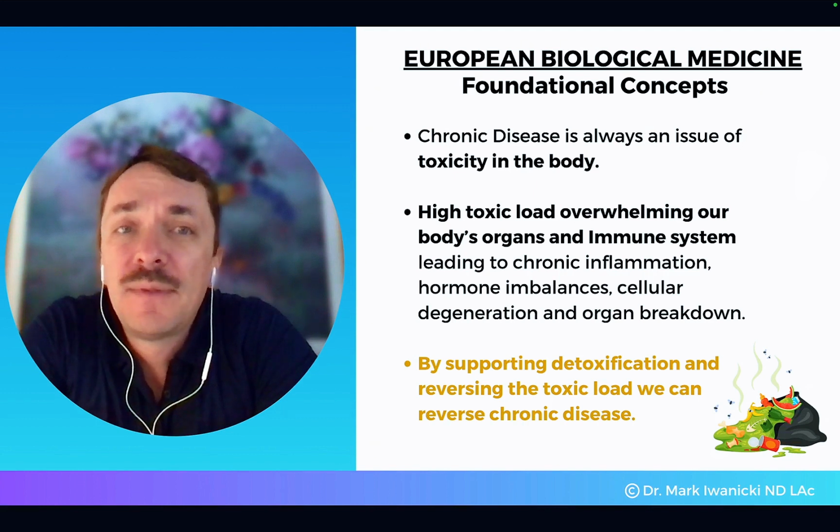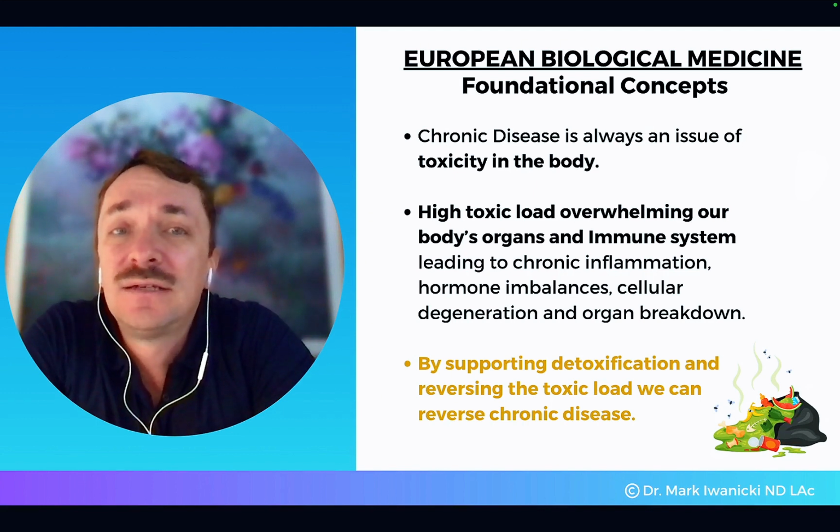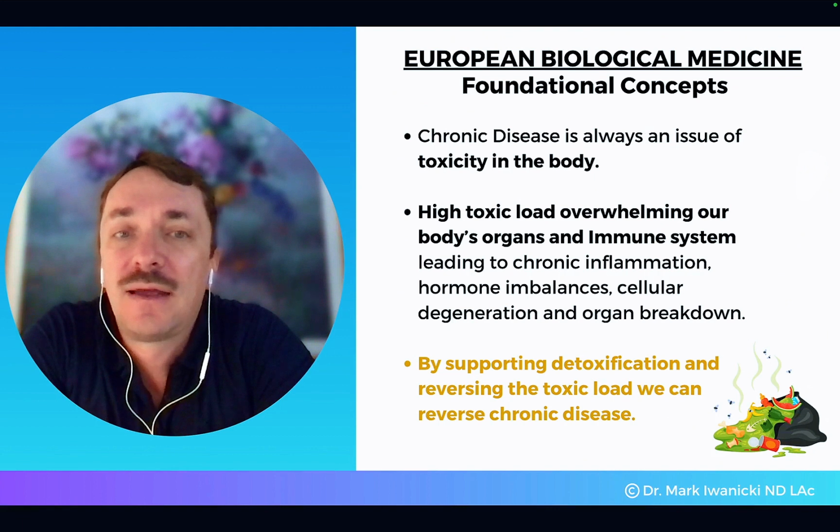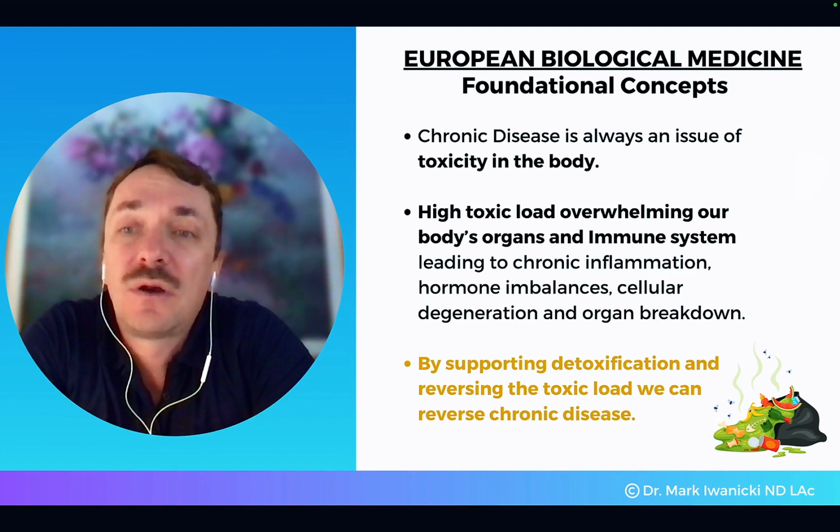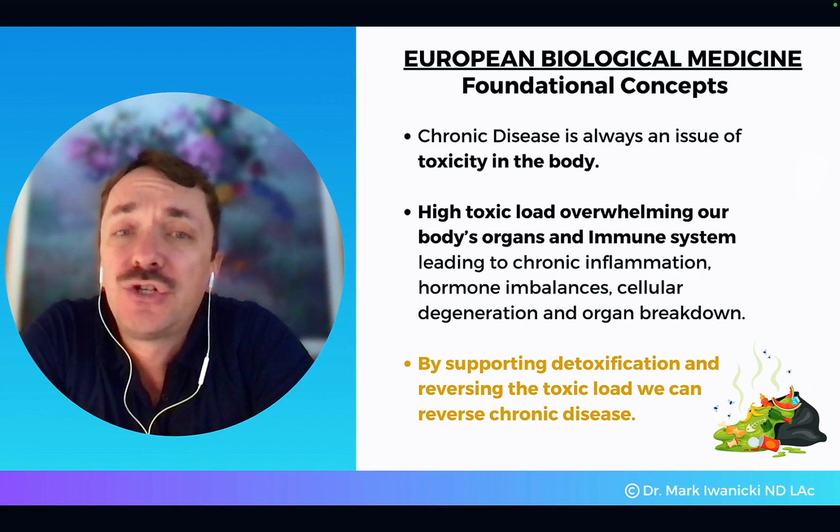So some fundamental concepts in European biological medicine. Chronic disease is always an issue of toxicity in the body. When we talk about toxicity, we're talking about the overall accumulated toxic burden of both endogenous and exogenous toxins: toxins we produce in our body, and toxins that we receive from the environment. The accumulated toxic burden over time is what leads to degeneration in the hormonal system, the nervous system, and eventually we have a breakdown in the immune system, cellular degeneration, and eventual organ failure